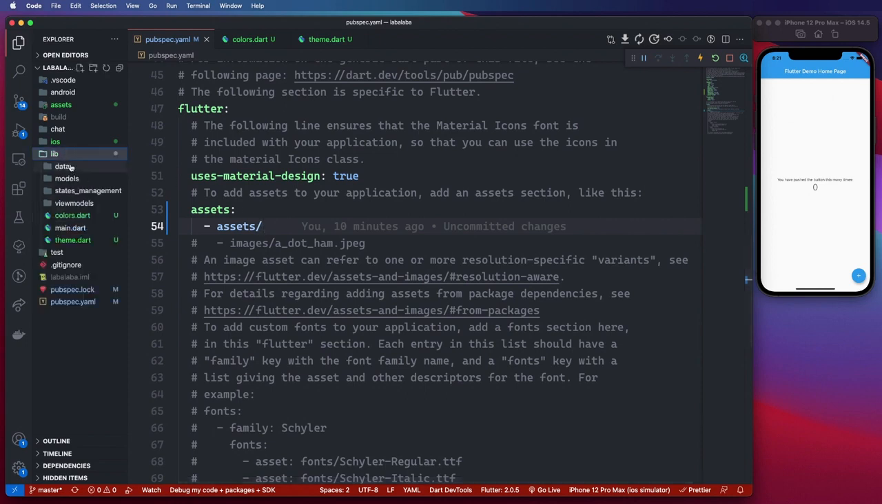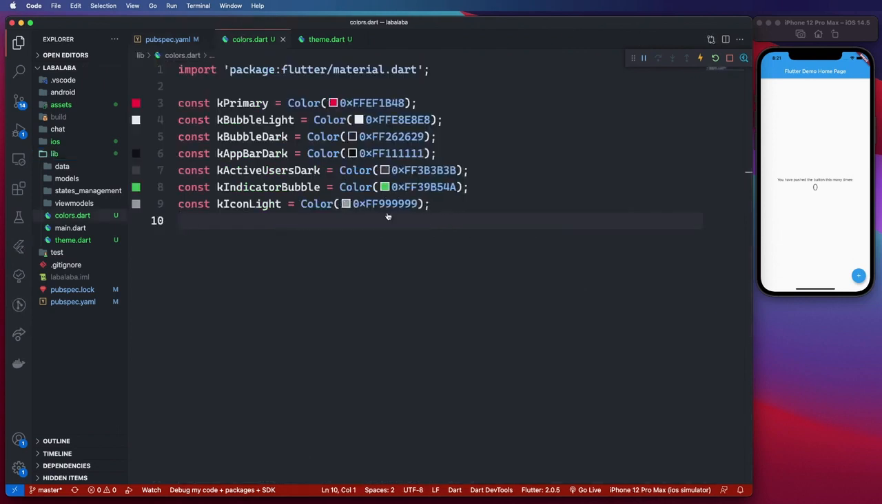Also, inside of our lib folder, I've added two files, colors and theme. Inside the colors file we just have some colors that are consistent throughout the application that will represent both the dark and the light theme. So we have our primary color, we have the bubble light, that is for the chat bubble, the color for the dark bubble, the app bar for dark, and we have the active user tab, the color for that, and the indicator bubble, which indicates whether or not the person is online,